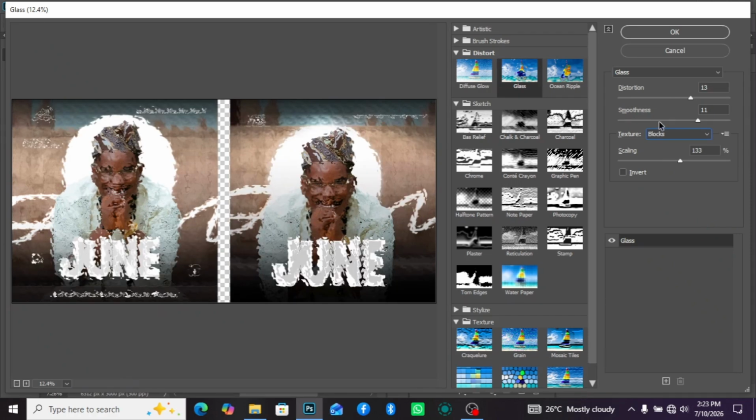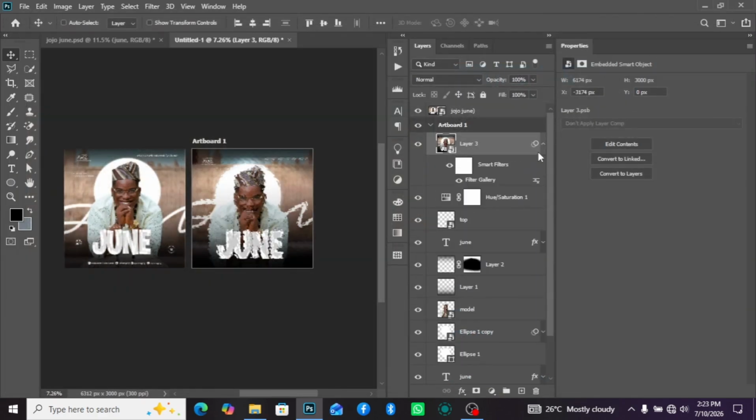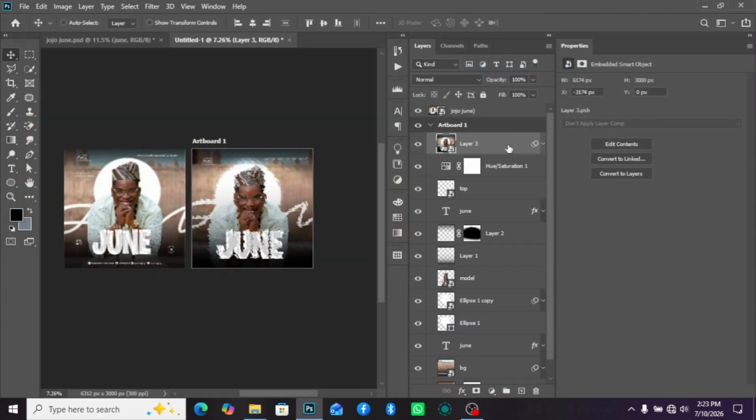Yeah, go to blocks, increase it and click on OK, and you will